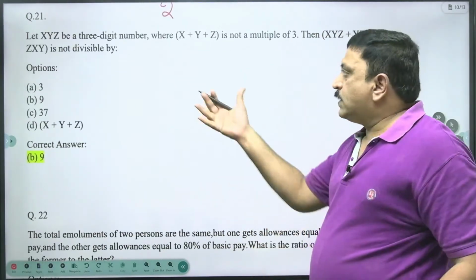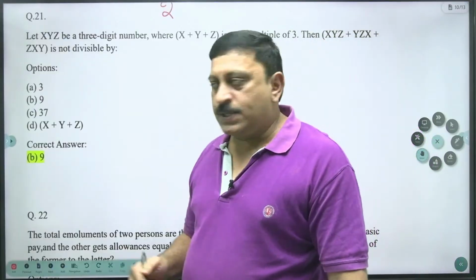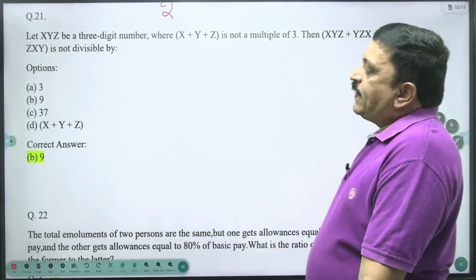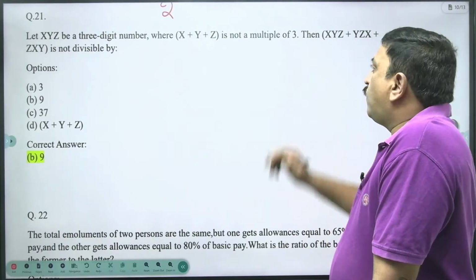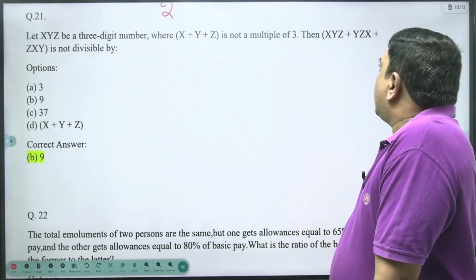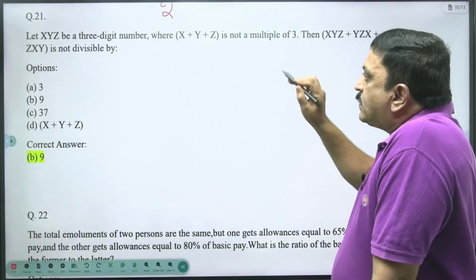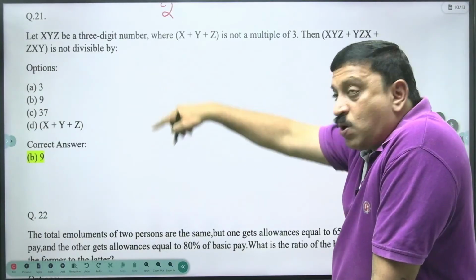Another one, this is from the number system. See this one. Let x, y, z be a 3-digit number where x plus y plus z is not a multiple of 3. Then xyz plus yzx plus zxy is not divisible by